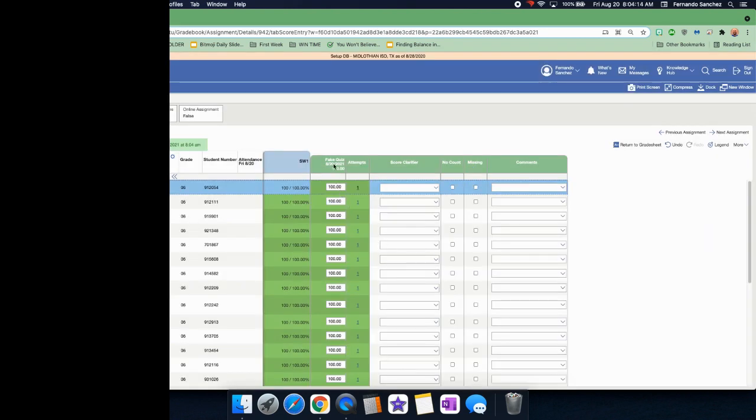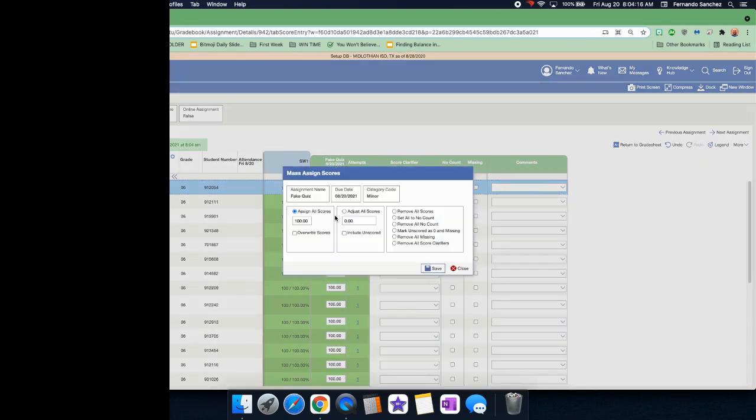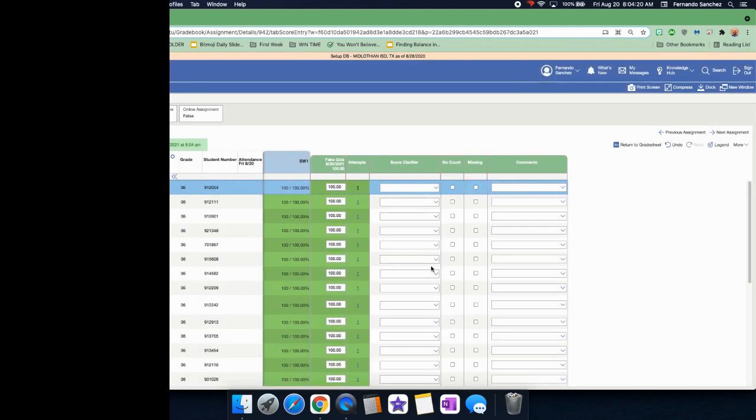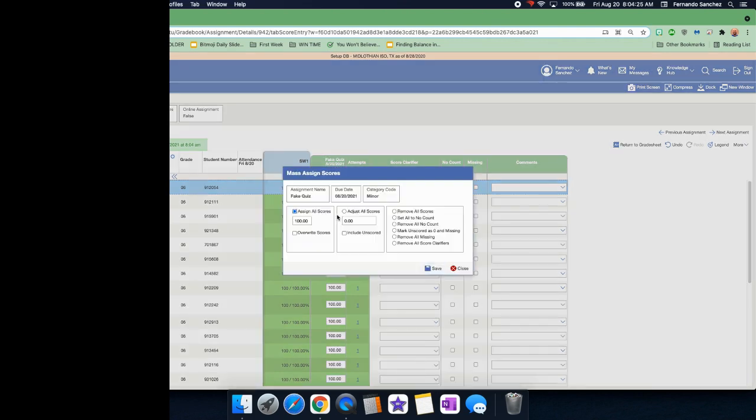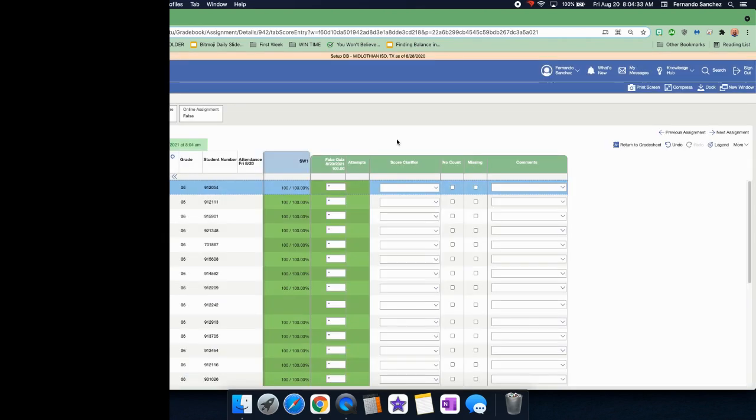Alternately, you can also mass score and take out. I don't know if they'll all go back, like if I want to take all those hundreds out. Because what you do need to remember, oh, here we go, Remove all scores. You do need to remember what they've told us is that even before you're done clicking save,